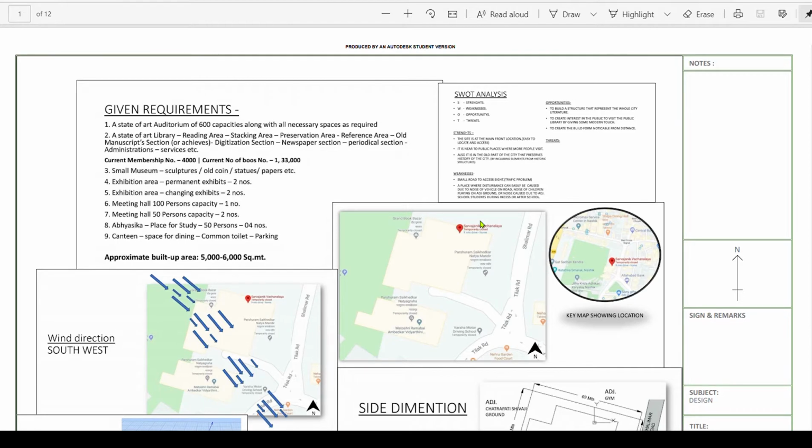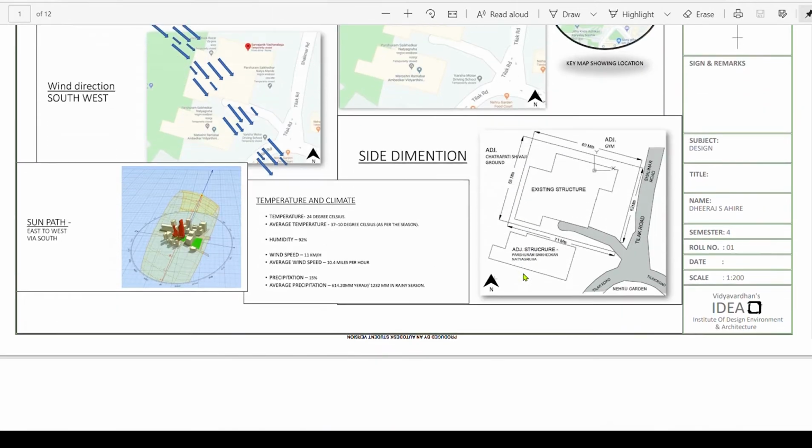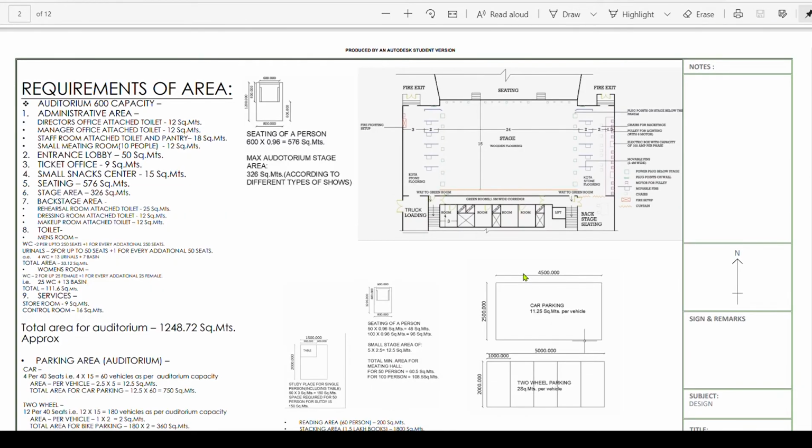We were supposed to design a library and an auditorium. We were given a site with a built-up area of approximately 7,000 square meters. The site is located in Nasik at Tilak Road near Nehru Garden. As per the requirements and data analysis, all the areas were calculated. Following are the calculations and understanding diagrams